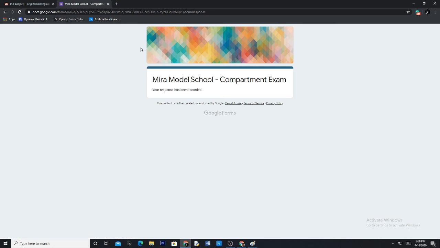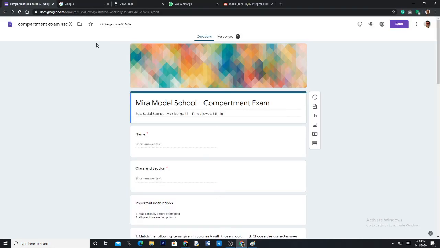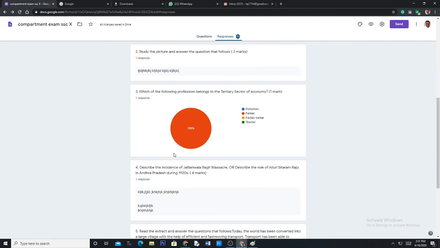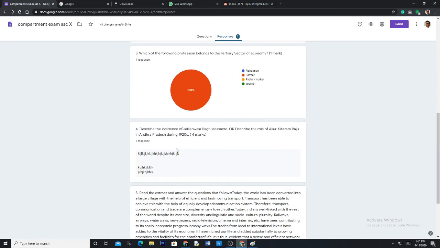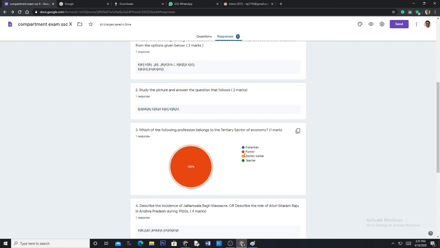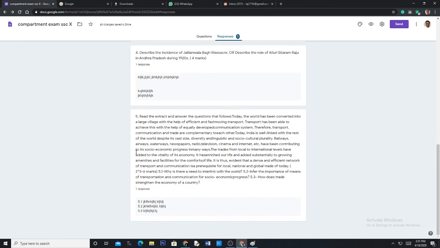Remember, a child cannot submit twice, because you will be getting a recording. Now I'll see, automatically, when I come to my Gmail, because I am the teacher, I get a response. See, now I go to response. Now the student is Rohit, 10th A, and I have got the complete response. See, this is pharma. So he has picked up pharma.